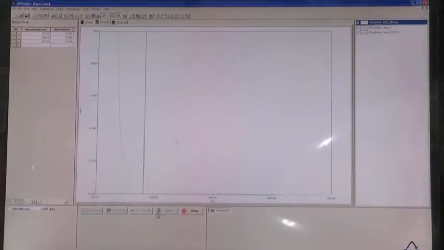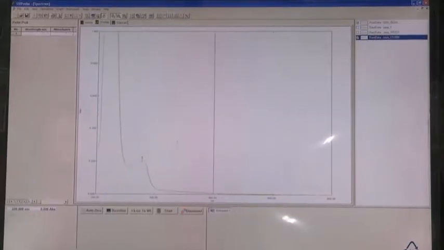Let us click start, and the sample scan has already started. Here we can see the absorbance slightly increases from the previous one. Now, once complete, let us save this one, and then we will go for analysis.